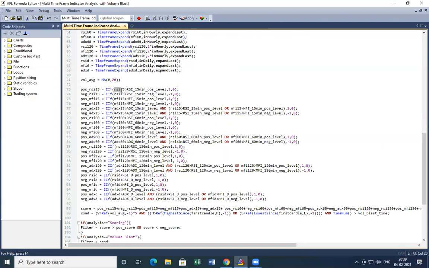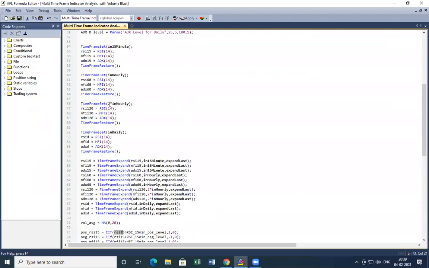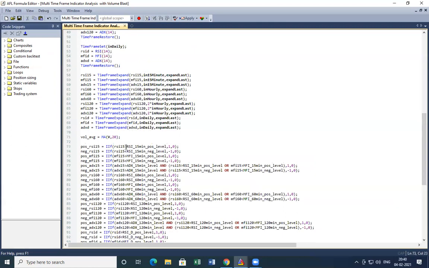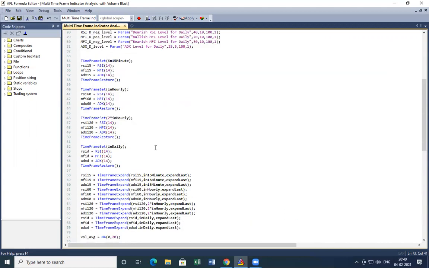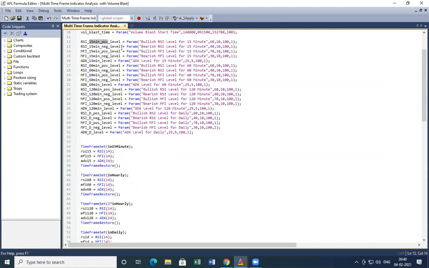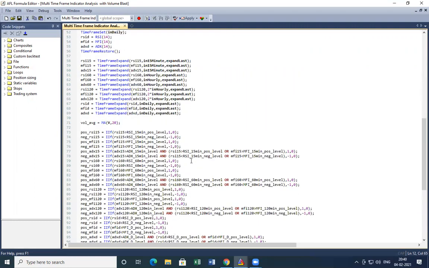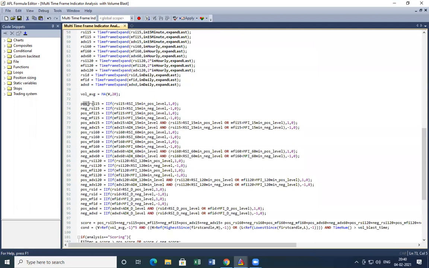The RSI 15 value I'm getting here should be greater than the RSI 15-minute positive level, which is this, and the default value is 60. So in the positive RSI 15 variable, I'm looking at whether the RSI value is greater than 60, then give it a score of 1. Otherwise, 0.